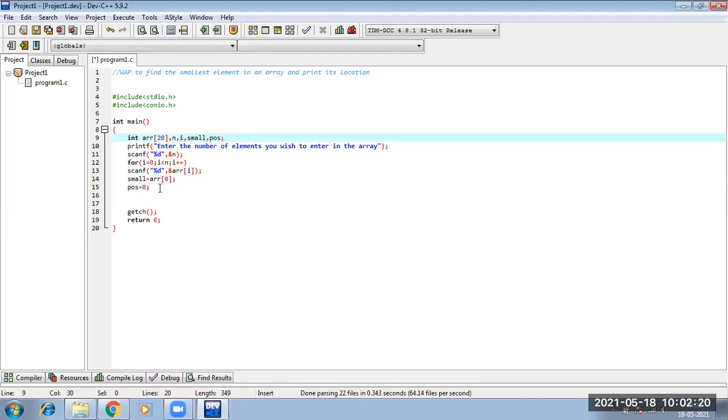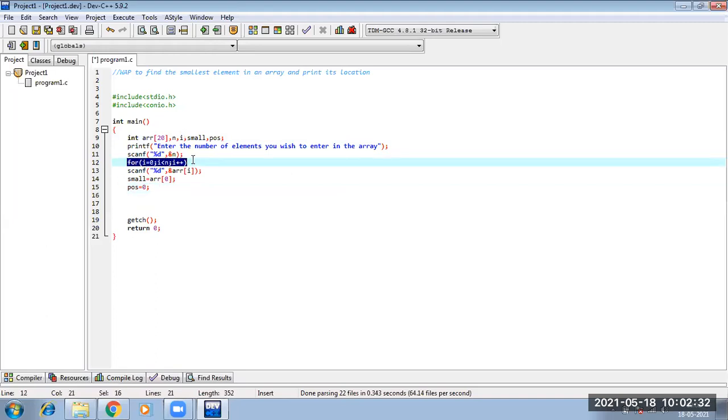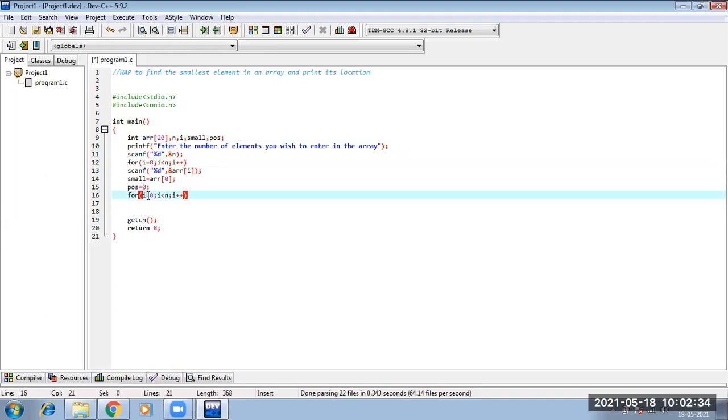Fine. Now what did I say? My loop will run from I = 1 to less than n. And in between this loop, what I was checking, I will again share this screen. Okay.